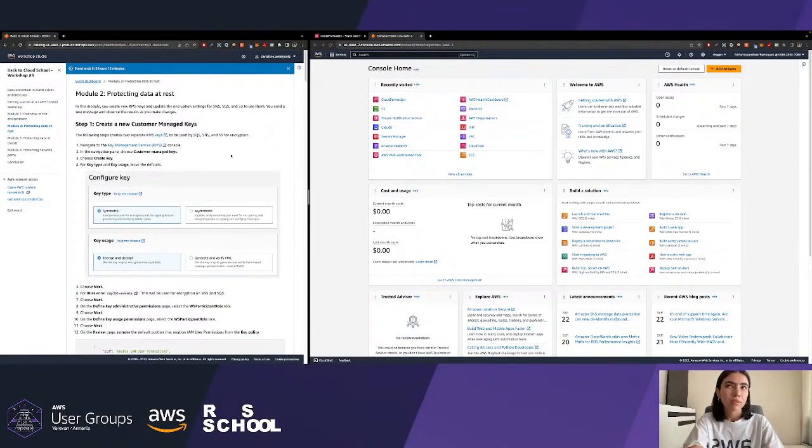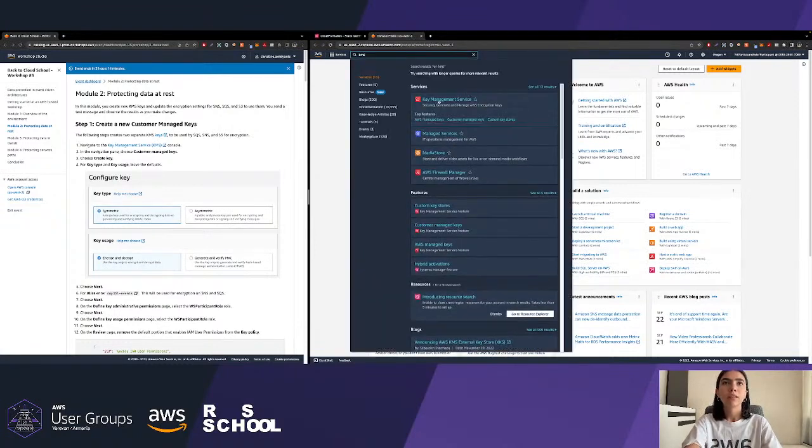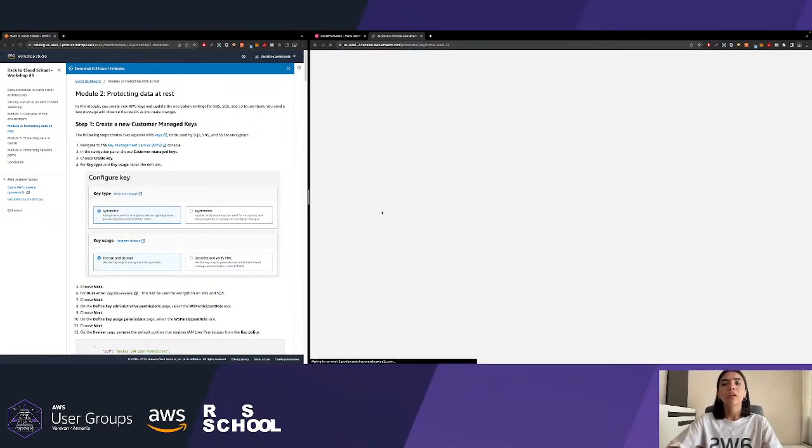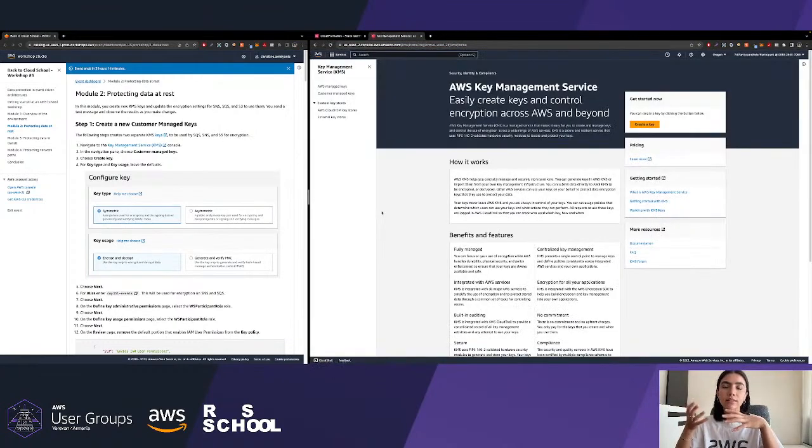Okay, so let's start protecting the data that we are working with. As mentioned in step 1, we need to go to the KMS and create keys. Okay, hit the Key Management Service console. In AWS, KMS is using envelope encryption. So you are creating the master key, also named the envelope key.